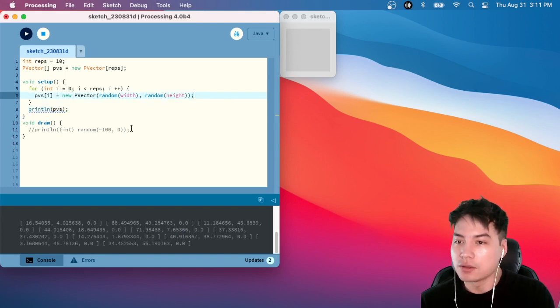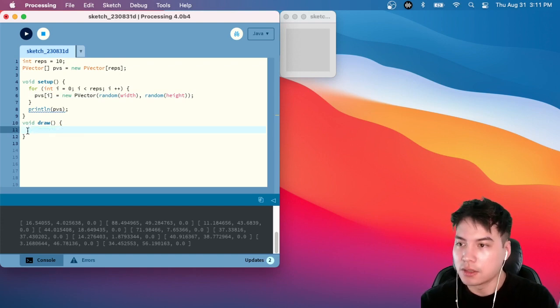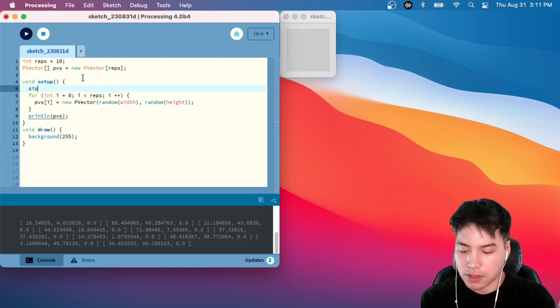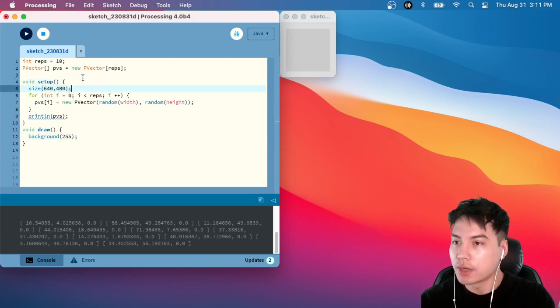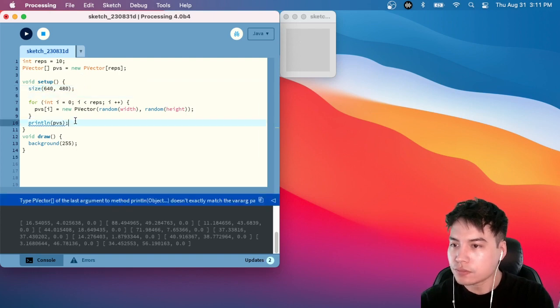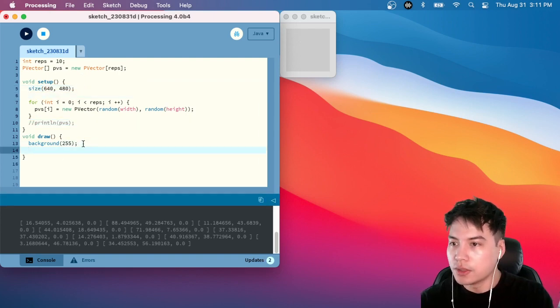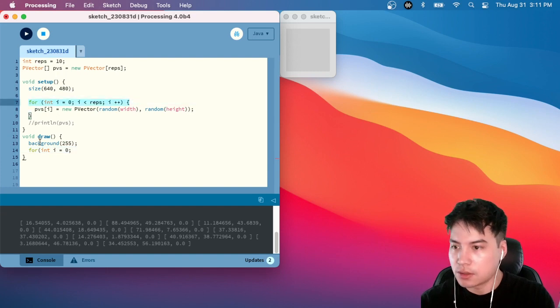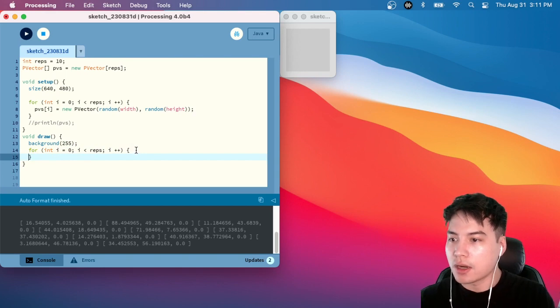And now what I can do is in draw, I can go in here and I can say, let's make our background white. And we also probably need to make a size 640, 480, right? And what we're going to do is we're also going to use a for loop, and same setup as before, int i equals 0. I'm actually just going to copy and paste this, add a curly bracket, Command T. Okay, and so now what I'm going to do is I will say